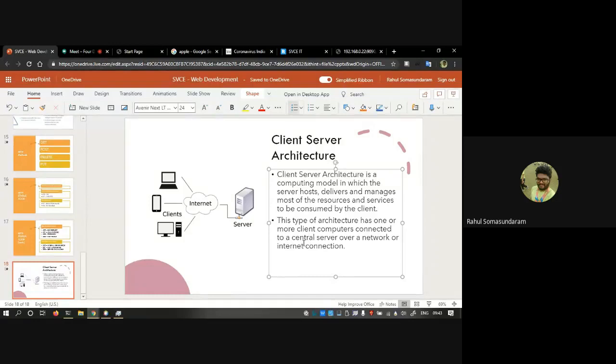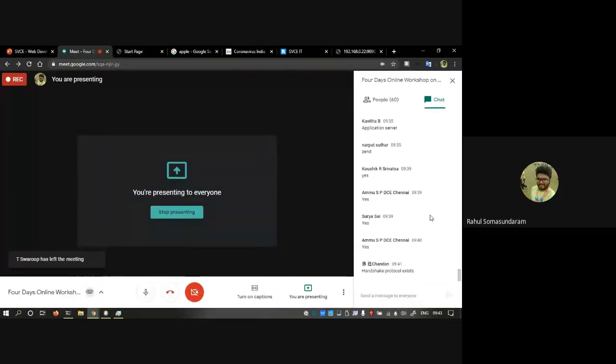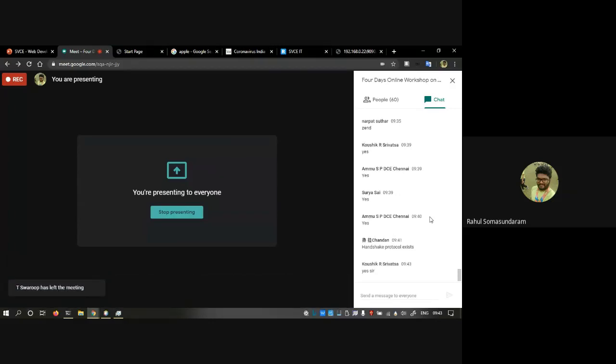Whenever you open a request from the web browser, that request is sent to the server, and the server responds with what the client asks. Clear with this client server protocol?